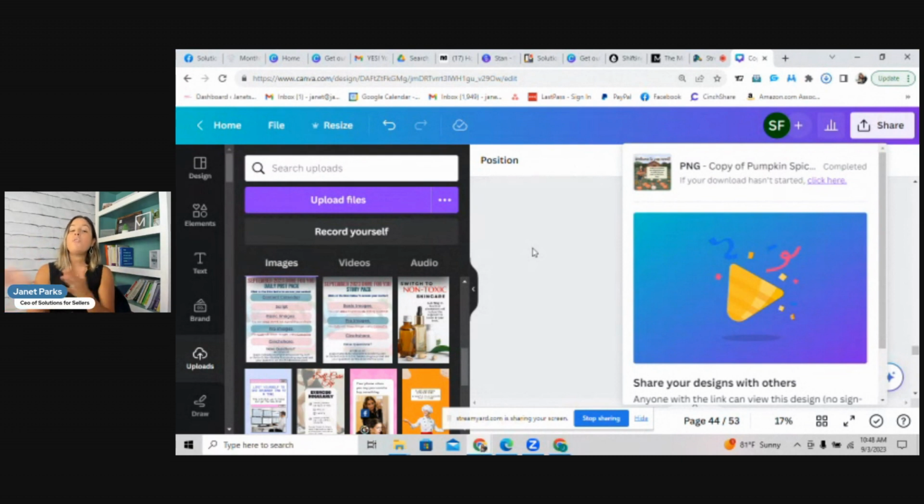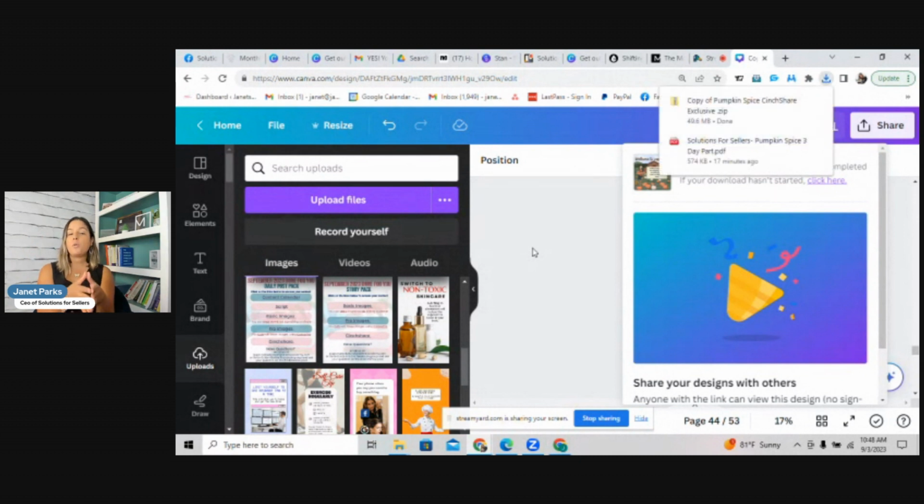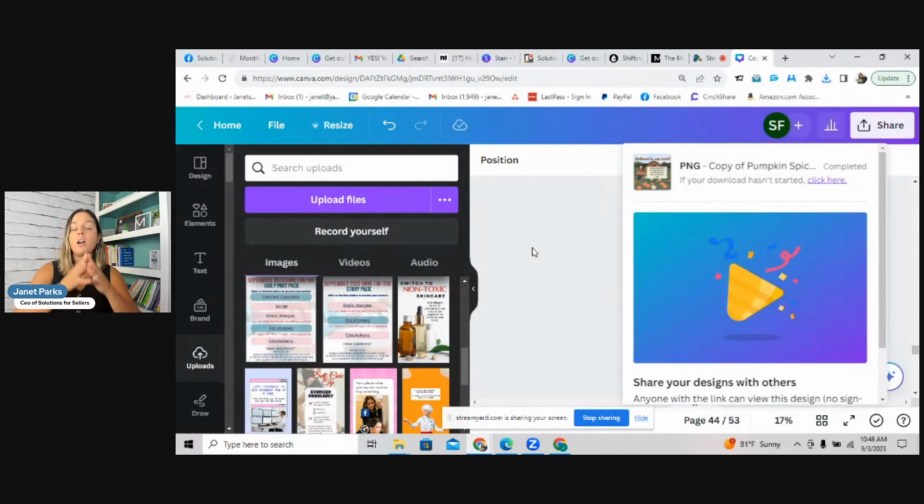Okay, now I'm going to move over to showing you how you can get this party script ready for CinchShare users. Okay, so once again, if you are a non-CinchShare user, you can just open up the script doc, copy the captions, copy the graphics from there, or at least some of the graphics, and then you open up the script images link to personalize your graphics, download them on your computer, and then just go ahead and upload them into your party group.